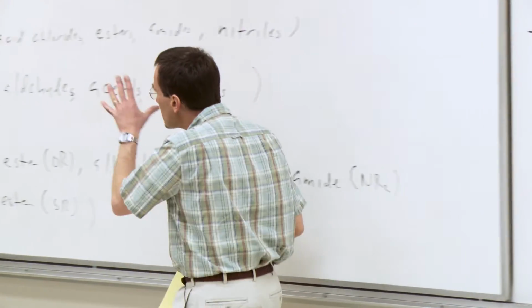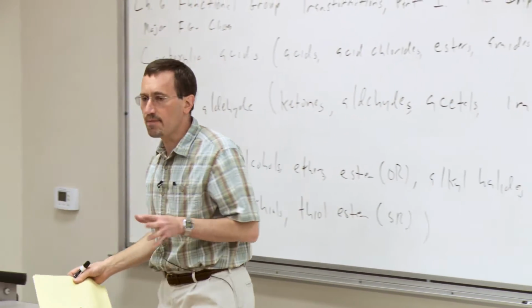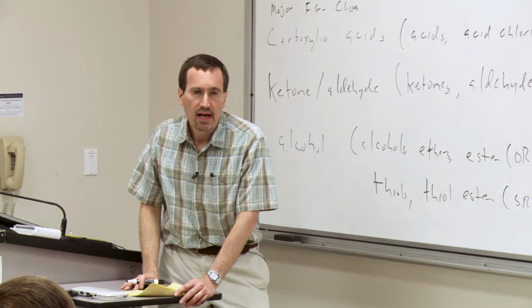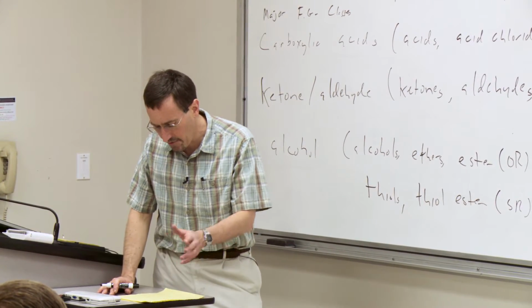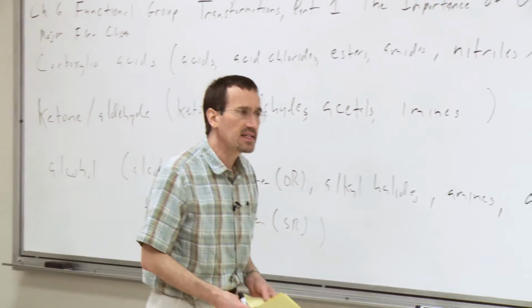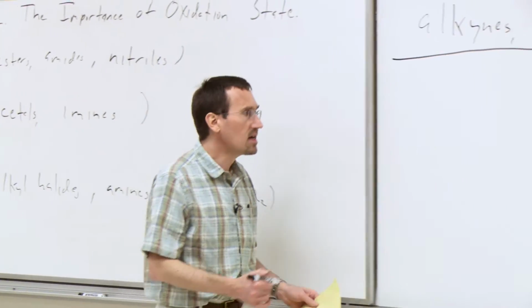To me, this is the bulk of things. And yet, for the sake of completion, I want to bring in two other families and maybe develop this idea of oxidation state. So